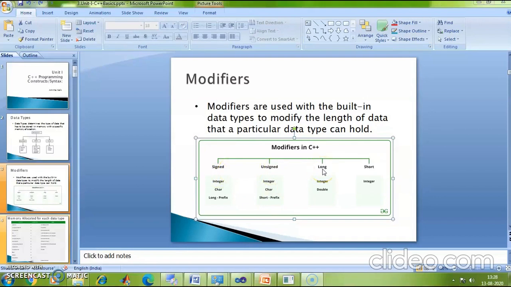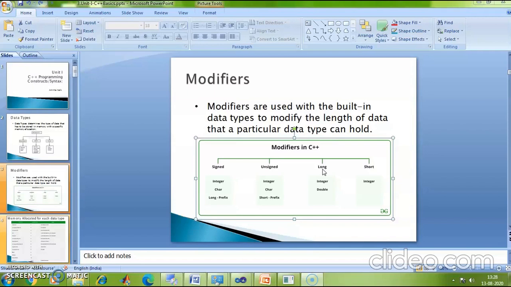The long modifier, when combined with a data type, nearly doubles the size of the data type. The data types which use the long modifier are integer, float, and double. So mostly the numerical data types use the long modifier.